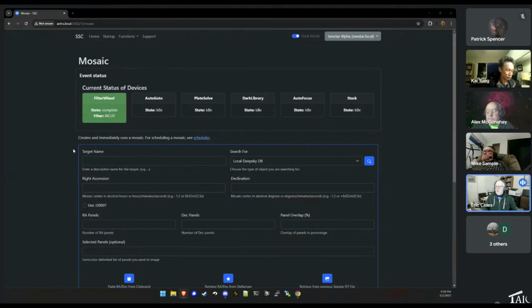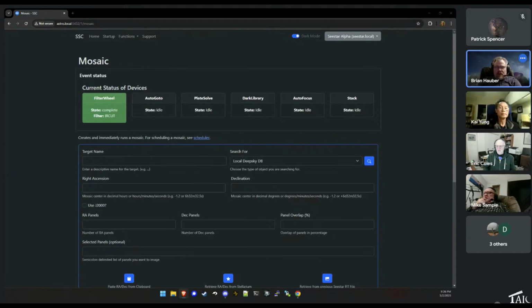You know, I'm curious, were you guys planning to show some images generated from Seestar? We had a few in my previous presentation. I was going to do that today, but I could find some. Yeah, we always like pretty pictures. I've got some stuff that I've processed recently too that I can share once Kai shares his stuff. No, you can go ahead. Go ahead. Oh, all right. Hang on, let me find them first.